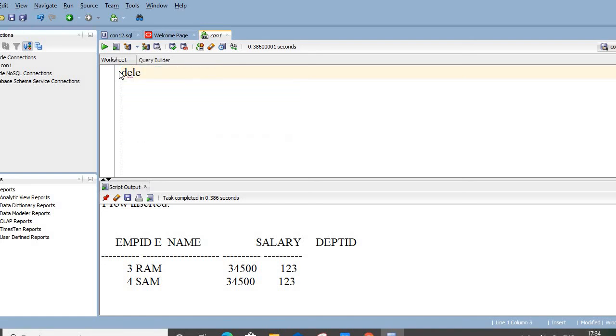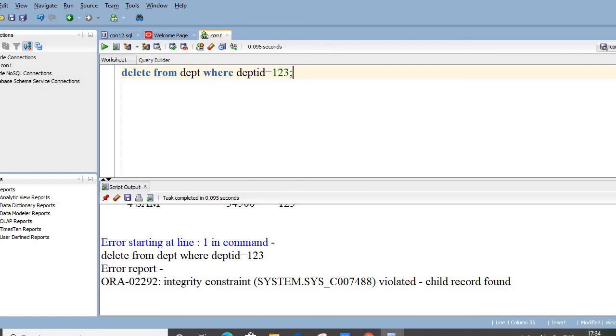So delete from department where the ID is, and let's try to delete that. Now, because I am trying to delete from the parent table, this department 1, 2, 3, that is not allowed because we have something in the child table that is related to this department. So it is not allowed.